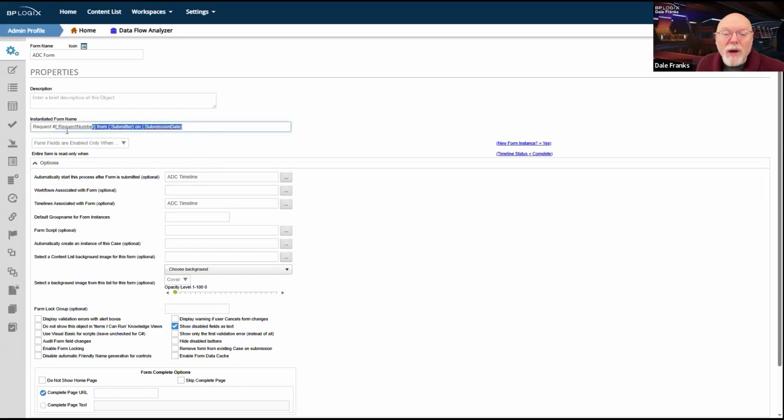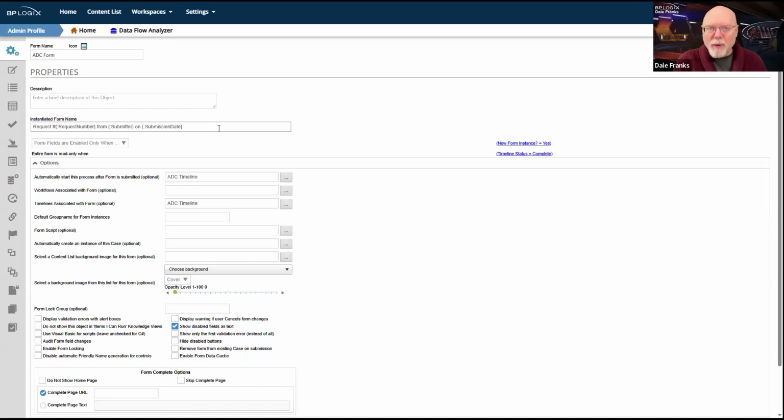I've also got an instantiated form name that, while still generic, does provide the request number, the form submitter, and the submission date. Now, I may still want to go in and change this. In fact, I am going to want to change this eventually as I add some new fields, because what we're going to be building is a form that does multiple types of requests.